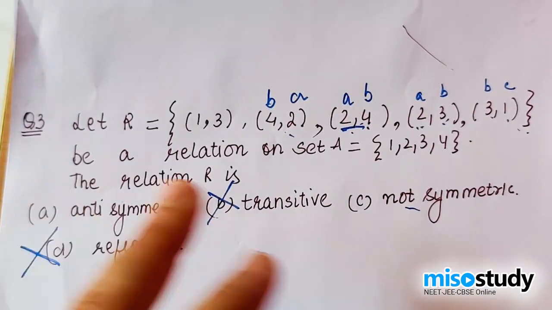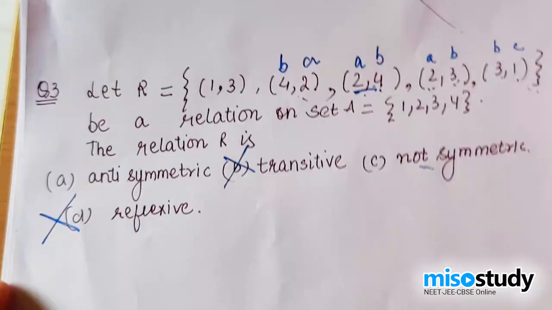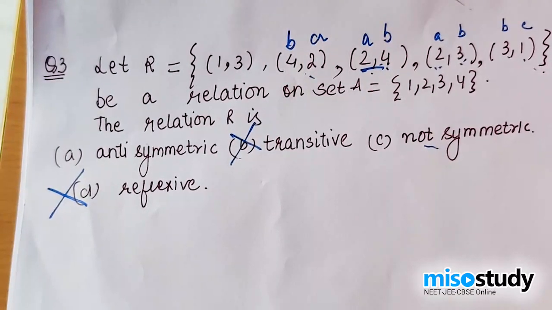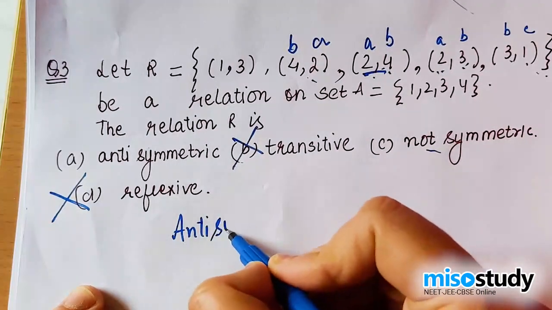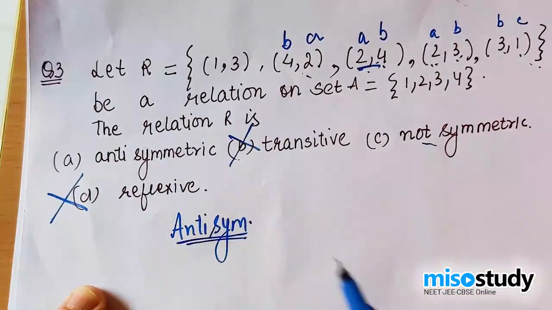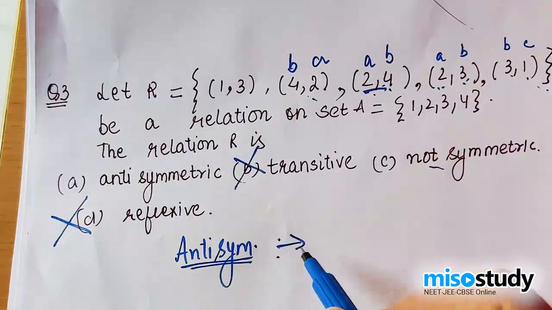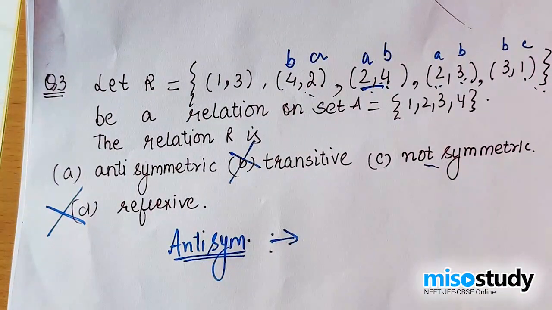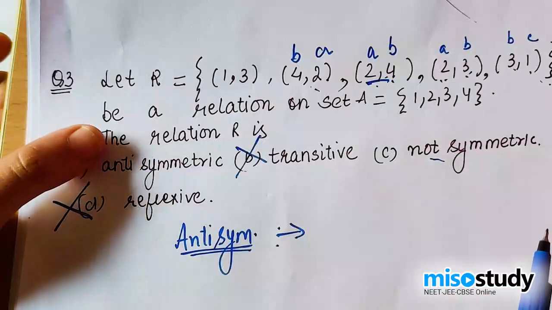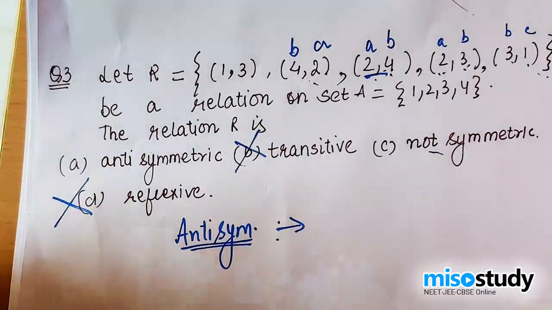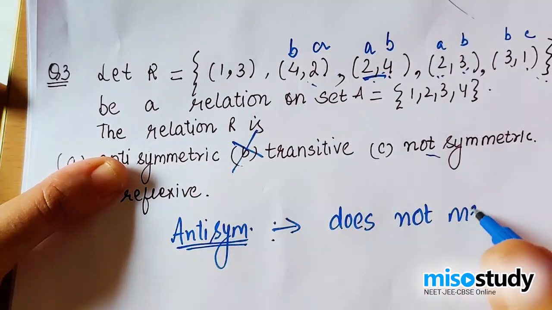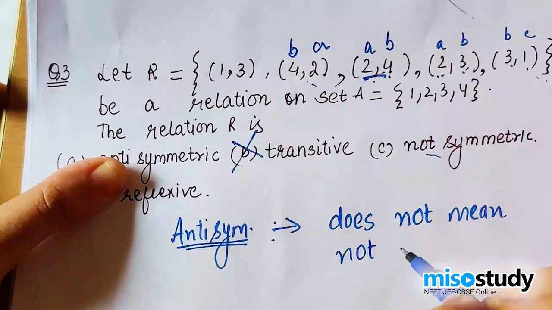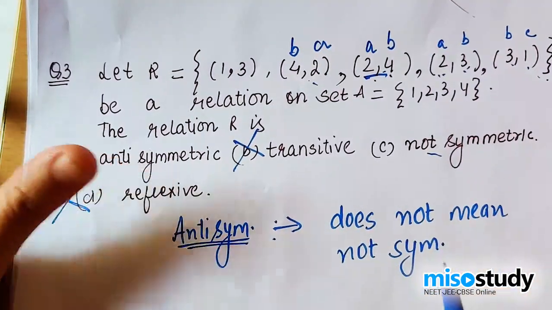Alright. Now there are two important things, antisymmetric and not symmetric. I am pretty sure that you must not be clear with the definition of antisymmetric. Now what is antisymmetric? Let me first of all clarify it for you, because relation is a very easy chapter, but students don't get into it properly and they sometimes get confused. So once your confusions are clear, you find this chapter very easy. Now what is antisymmetric? Antisymmetric does not mean, let me first of all write it in bold letters, not symmetric, because not symmetric and antisymmetric are two different things.